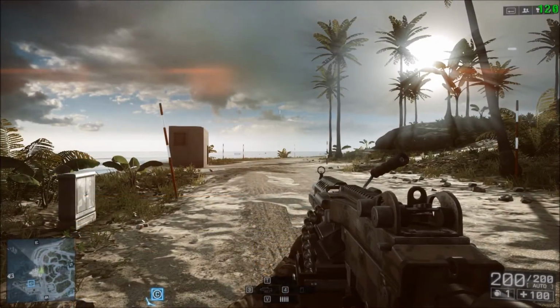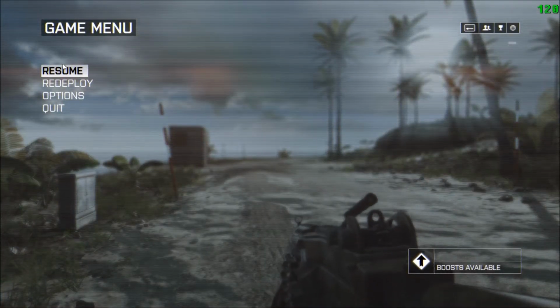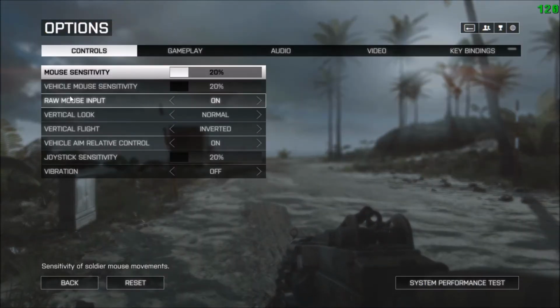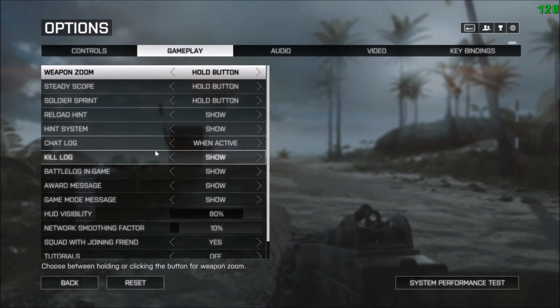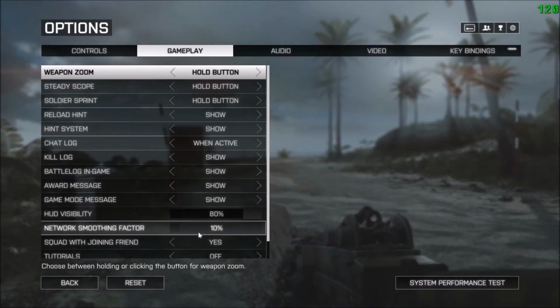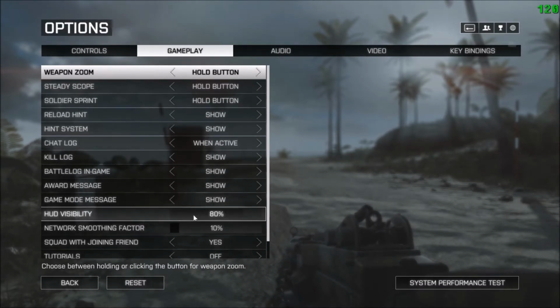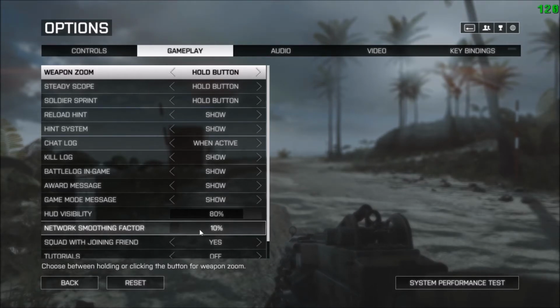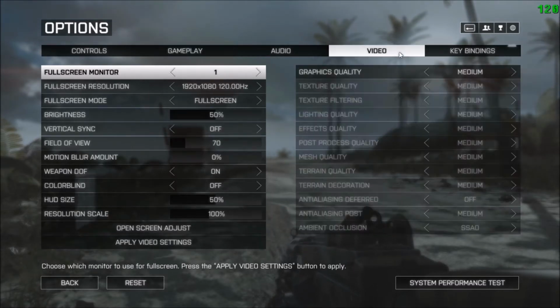So I've jumped onto the test area so I can have a look at the settings without sitting around in a game. So I'll have a look at gameplay, and the setting I've changed in here is the smoothing factor, as that's one of the things that X Factor recommended to reduce to either 10 or 0. Now in video settings